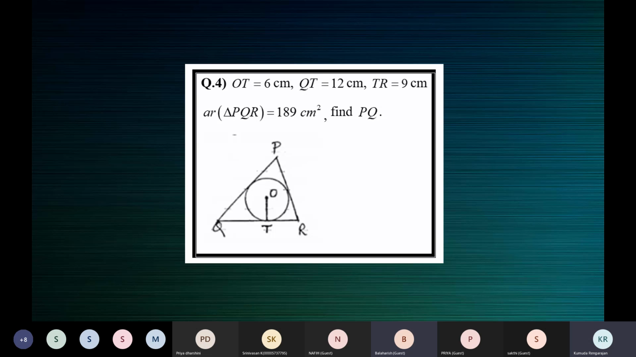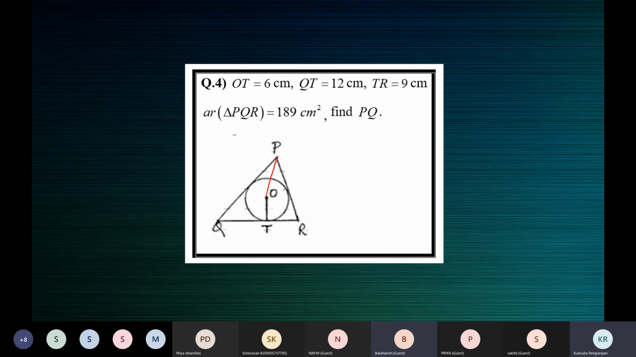Now here, to find the length of the line segment PQ, the idea is this. The area of the whole triangle PQR is given to us. We will do the necessary construction to divide the whole triangle into 3 smaller triangles. And we'll say that the sum of the areas of these 3 small triangles is equal to the area of the whole triangle. So construction, join